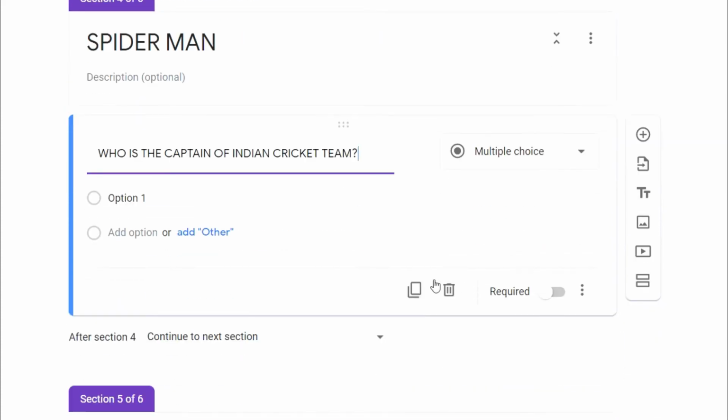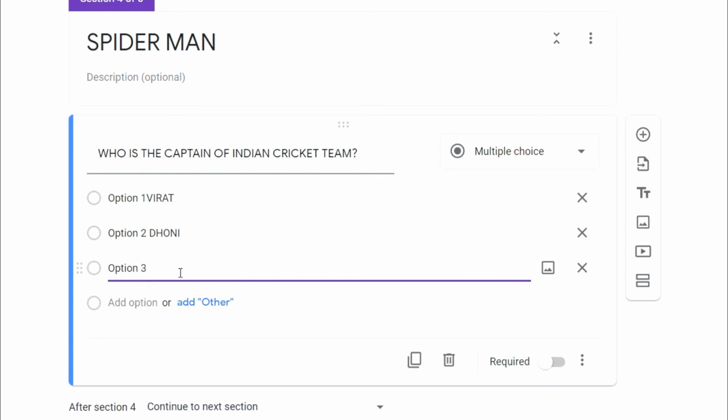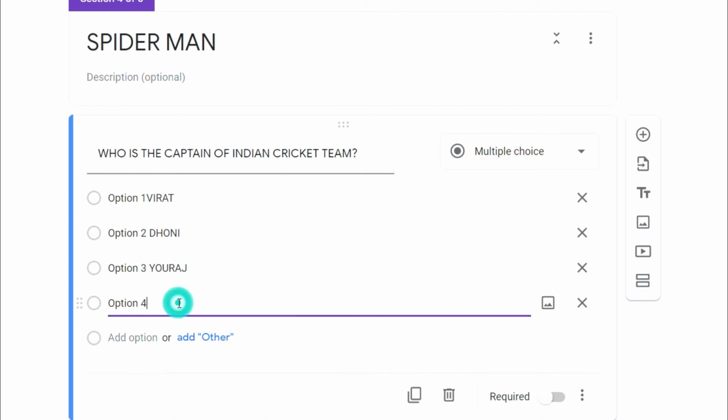Now we'll select this as multiple choice. Now here option 1, Virat. Now it's option 2, Dhoni. Option 3, Yuvraj. Option 4, none of the